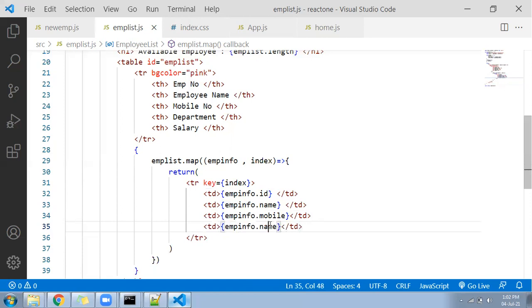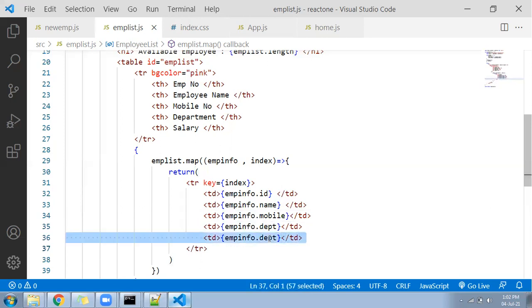Correct? Now let me show you whether name, mobile and salary are missing in the last. Let's keep one more TD here for the salary purpose. Salary. Right? Now we will look into the browser and we'll see whether we are getting the data.